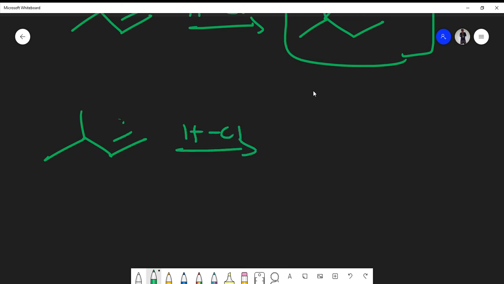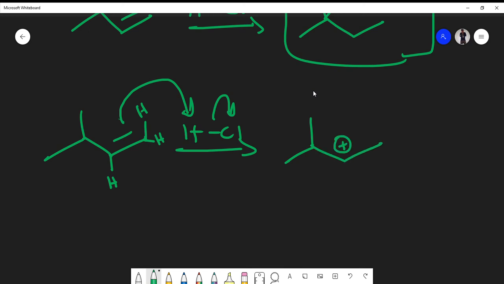Again, my alkene is going to act as a nucleophile, take the hydrogen, and put these electrons in the form of lone pairs on the chlorine, giving us a chlorine that's negatively charged. So as a result, I'm adding hydrogens. Now look, here I have a hydrogen, and here this is a CH2, so I have two hydrogens. So again, the left carbon that has only one hydrogen, you would expect to be more substituted. Right? So therefore, if that is the case, then I'm going to form a carbocation